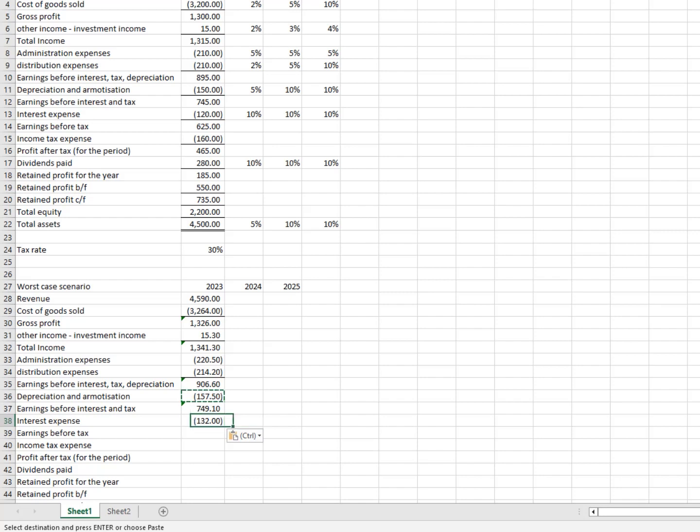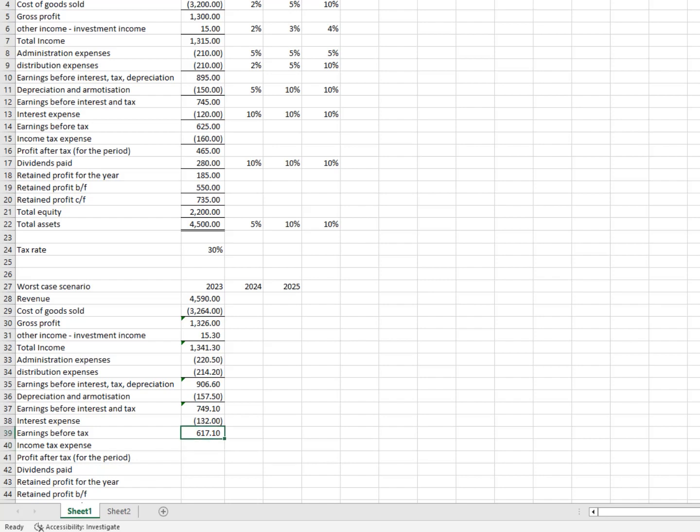To prove it, you can double click on the cell and it will highlight the cells that have been involved in this calculation. As you can see, we have used these cells, so we are correct. Moving down to earnings before tax. Now the earnings before tax, we again put the equal sign. We say the earnings before interest and tax, and then you say plus the interest expense, and then you hit enter, and then we get